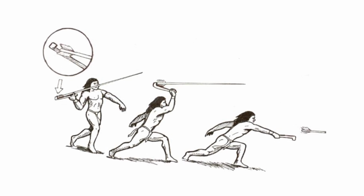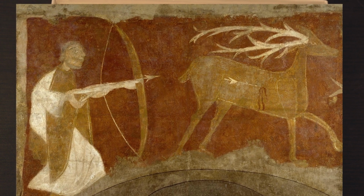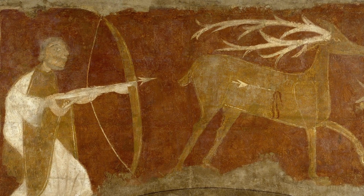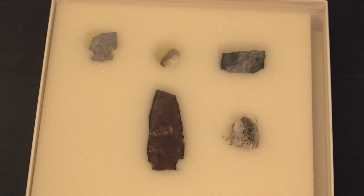Really, if you're thinking about stalking animals and your success rate in hunting, it means that you don't have to spend all that time to get that close to an animal. Because to creep up to a deer or a moose or a caribou to within 10 meters, that's a lot of work. And if you miss, then you've got to start all over again. And so it is likely not just how effective they were at dispatching the animals. It's likely also a result of how